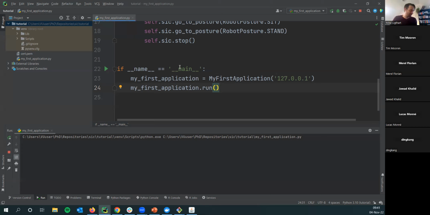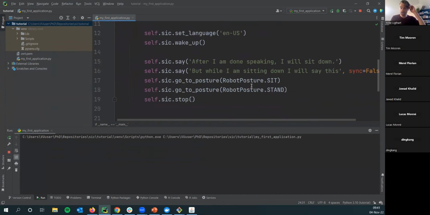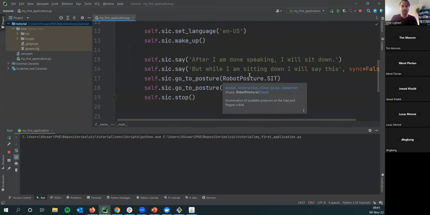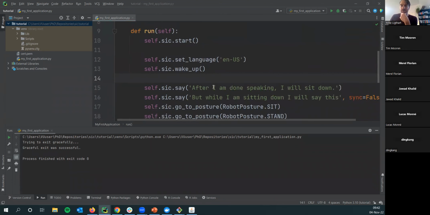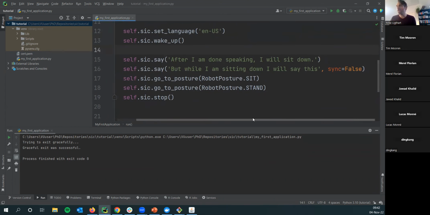Maybe next time I can install a second camera with the robot view. But maybe you can hear the motors in the background. The robot is exactly doing what we wanted it to do. And then in the end, you see that the program is terminated gracefully in the console. Then I can maybe point the camera also to the robot when it does something. All right, so that's basically how you can do synchronization stuff by blocking or not blocking